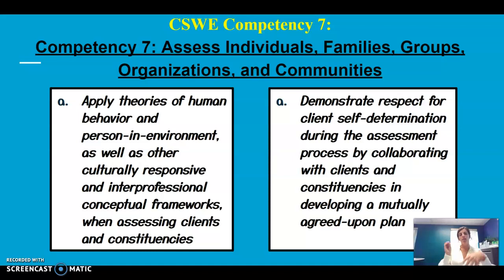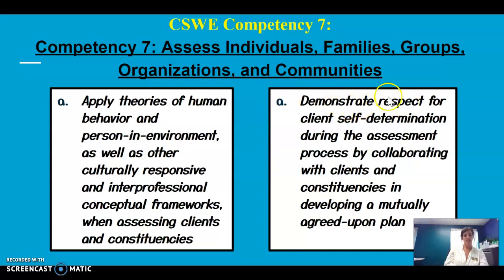So we're taking the educational framework and directly applying it to situations where we're assessing to make sure our clients are receiving good and appropriate services. And I'll talk more in the next video about what assignments we use to assess the competency. But then you can see also another error right here. That's supposed to be B.